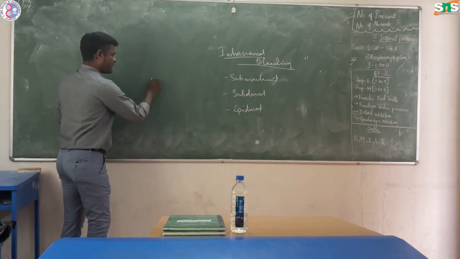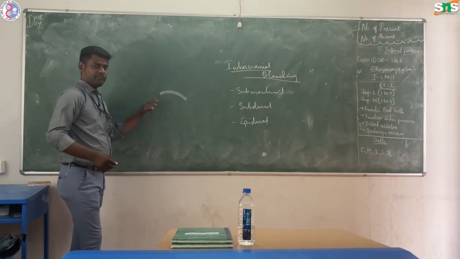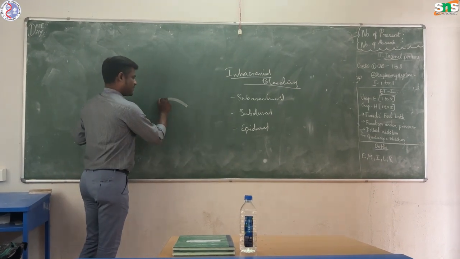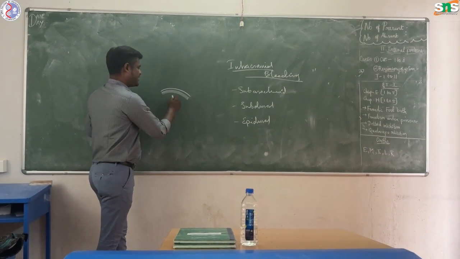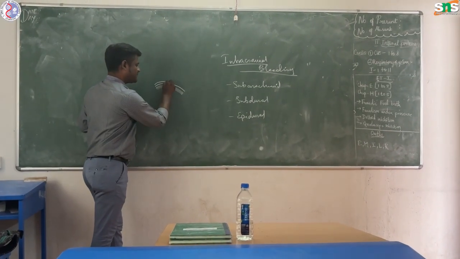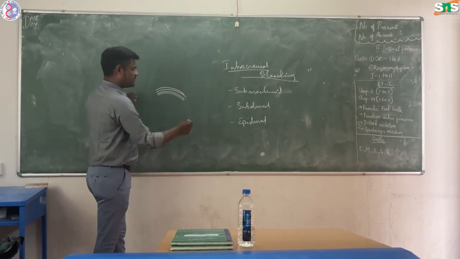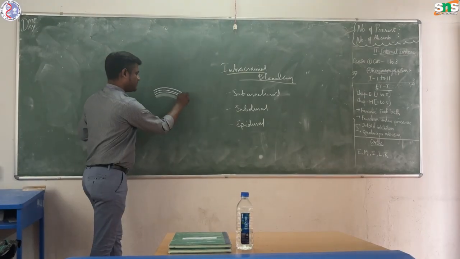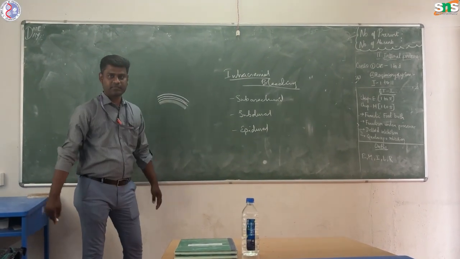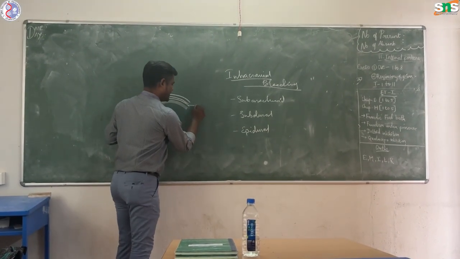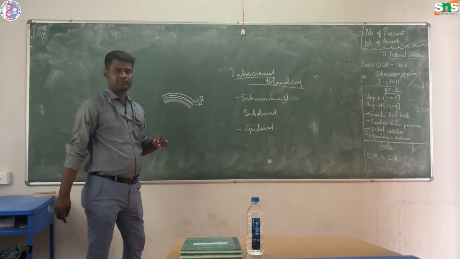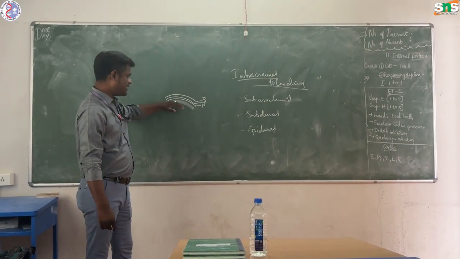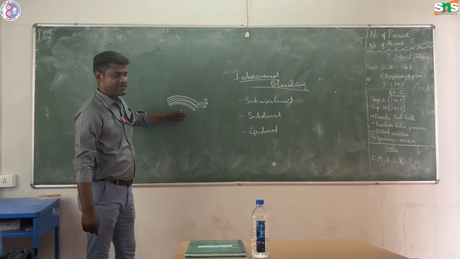As we know already, so brain cells. After that we have three layers. First layer is pia mater, second layer is arachnoid mater, third layer is dura mater, right? So this is pia mater, this is arachnoid mater, this is dura mater, right? If any injury or bleeding happens,